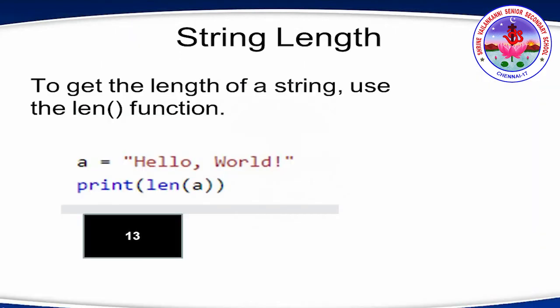Next is string length. We have an inbuilt function for this, that is the len function. Let's see the example so that you understand it better. A is equal to hello comma world exclamation. So print len of A. Starting from H, 0, 1, 2, 3. Let me point out the character as I count it. 0, 1, 2, 3, 4, 5, 6 is space, 7, 8, 9, 10, 11, 12. So it has 12. It is assumed that there are 2 spaces. That's why it's printing 13.